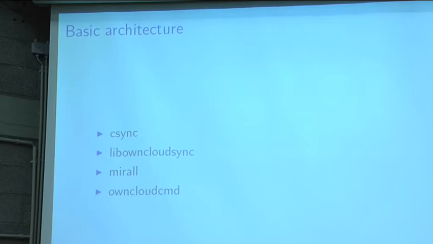Csync was very abstract. You could use many protocols, but Enclode only needs WebDAV. And because of all those abstraction layers, it was really hard to make good performance and make the best synchronization software we can do. So therefore, we have changed csync a bit, and we stripped all the parts that we don't need. We broke all the abstraction layers, and we now still use the same concepts that csync used, but